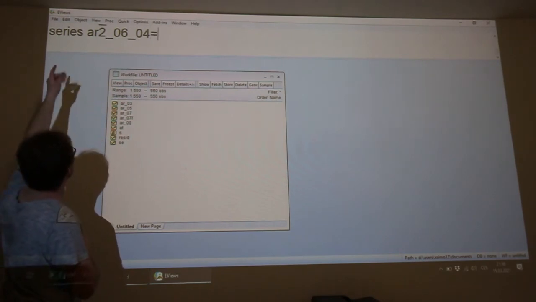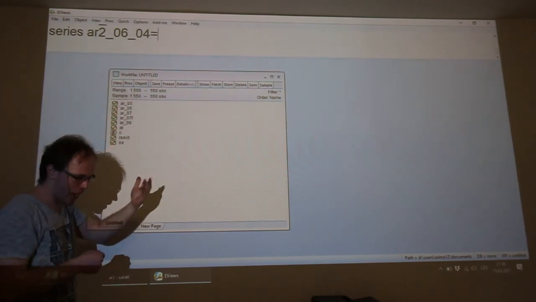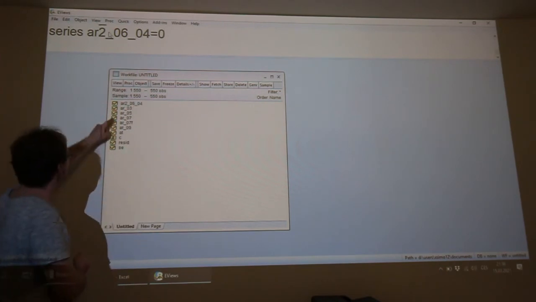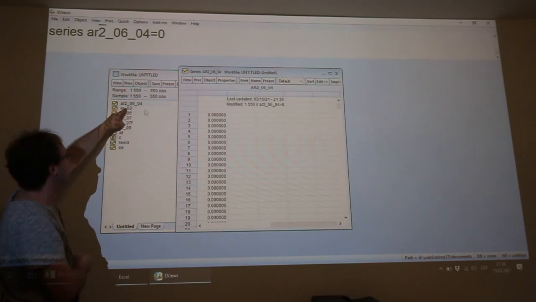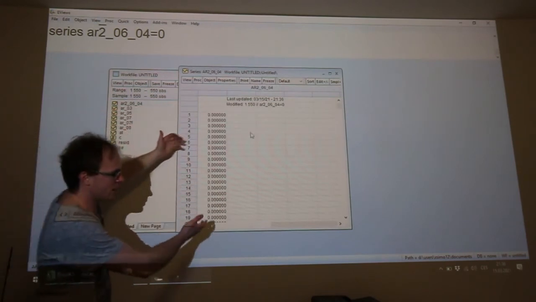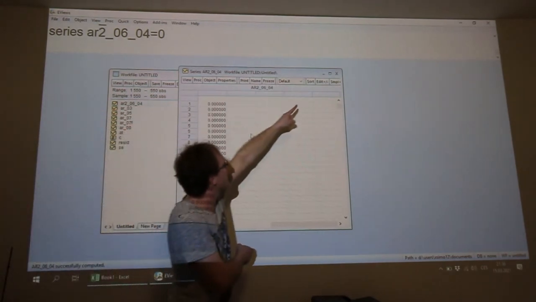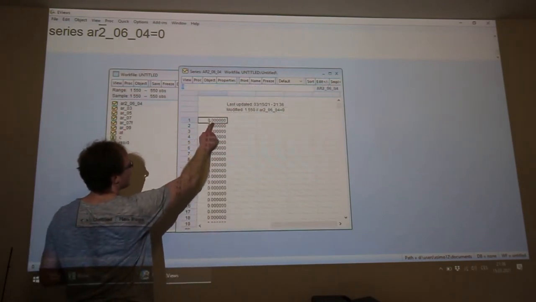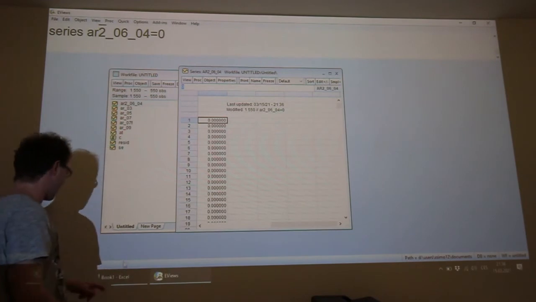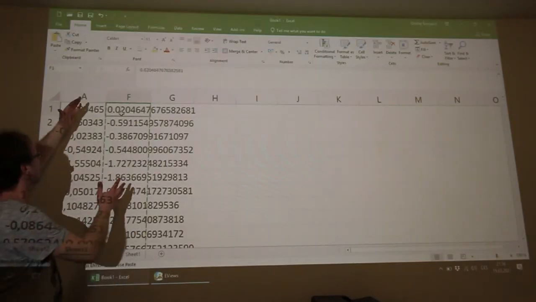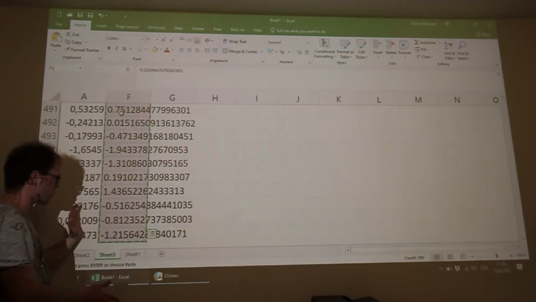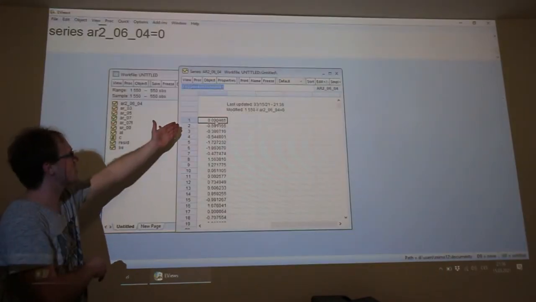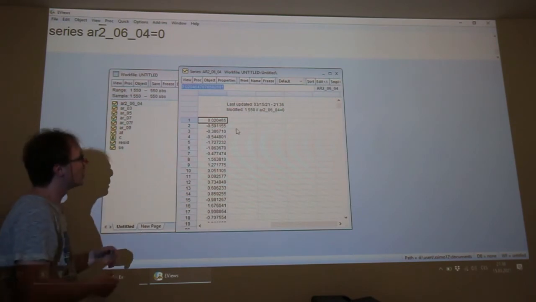Okay, so this is the name, equal sign 0, and enter. You will see that we created here another file. We can open this file, and it's necessary to click on the edit button, edit plus minus. Please click here on the first cell, and from Excel we can copy these values and paste, Ctrl C and Ctrl V.